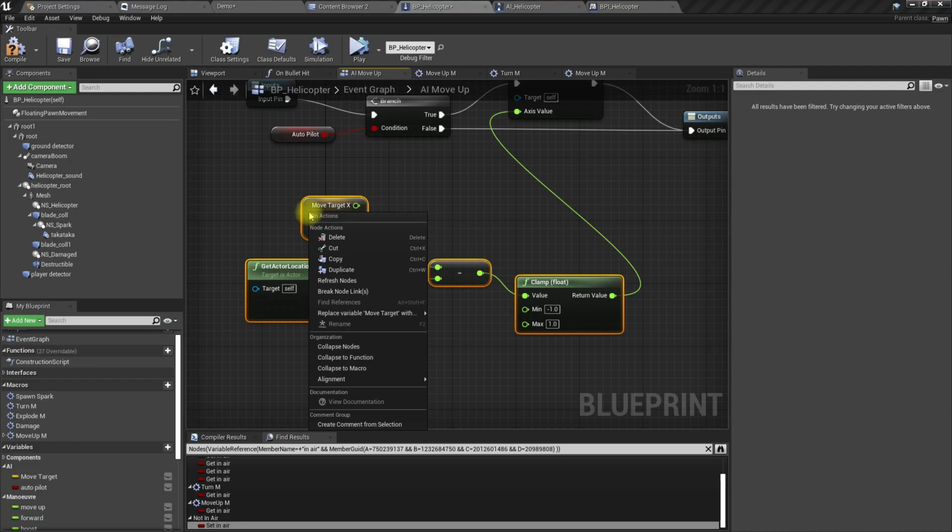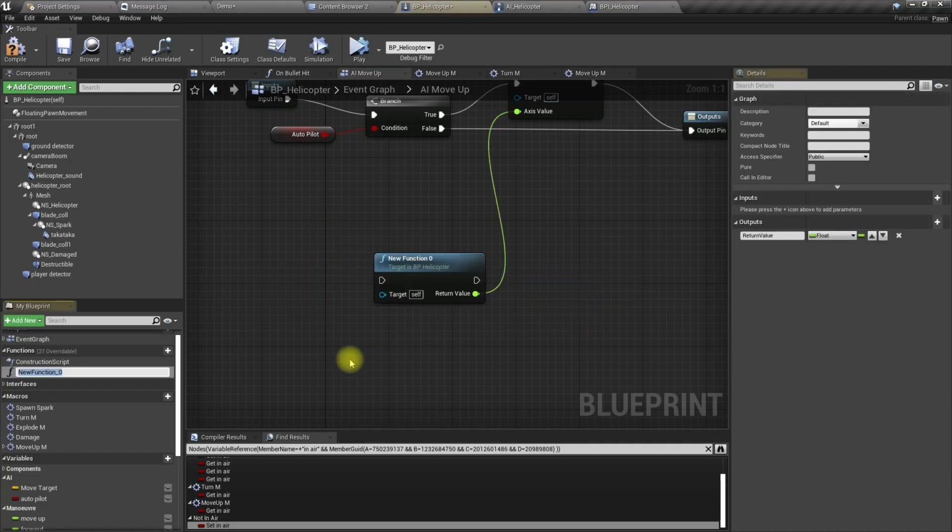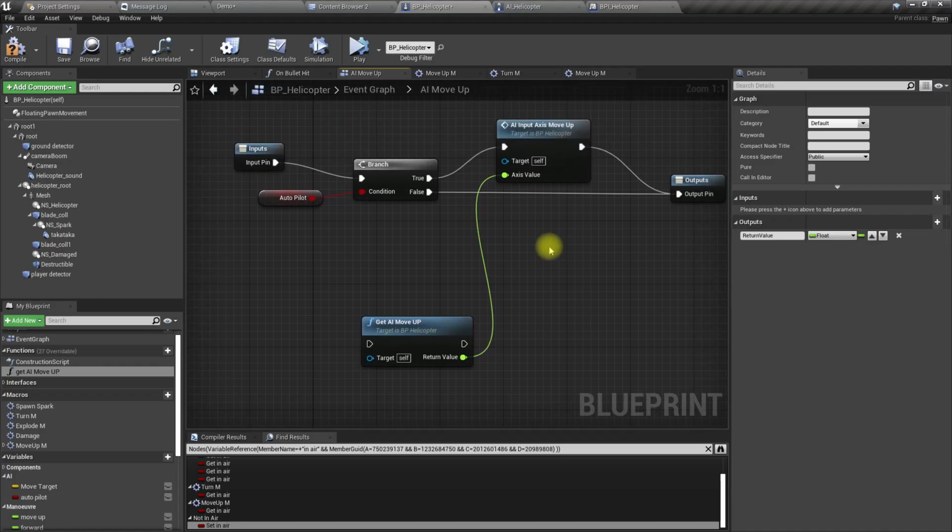Let's promote this to a function, get AI move up. Oh wait, we could just call this get move up value input,